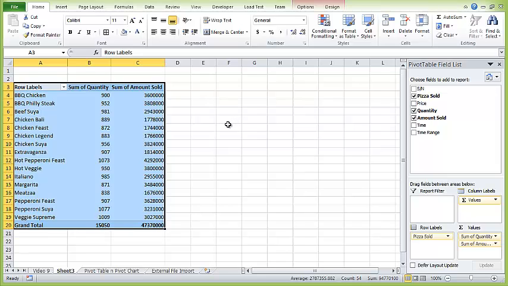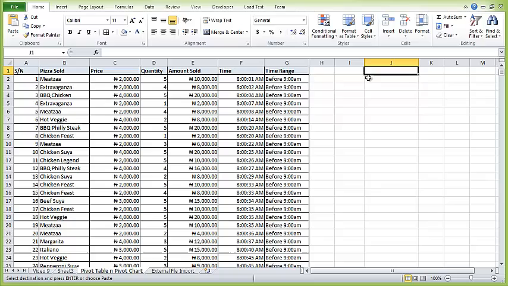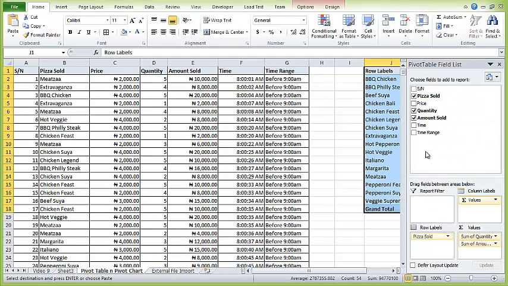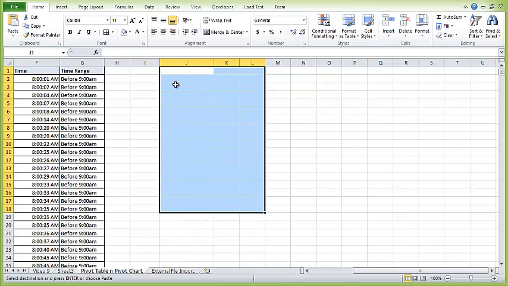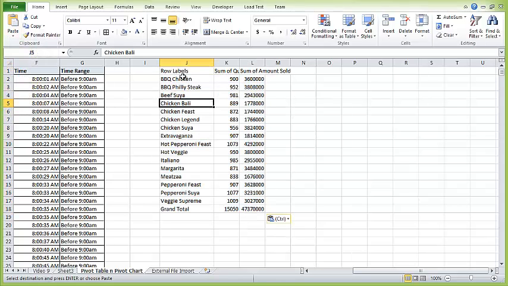So once I'm done, I'll copy the pivot table and go paste it where I need it. Say, I need it here. But when pasting a pivot table data, don't paste directly. If I right click and do paste, normal paste, you'll see it drags along the pivot table field list, which I don't want. I only want the data. I don't need these other things. So I'm going to undo. So instead of pasting normally, I'll paste as values. So that way I paste only my values,